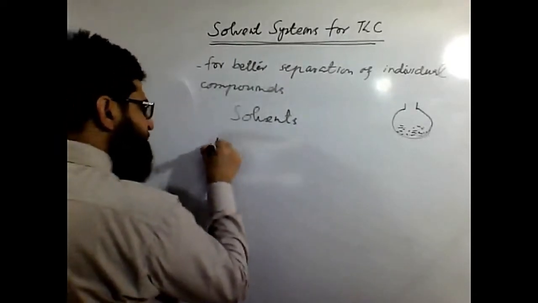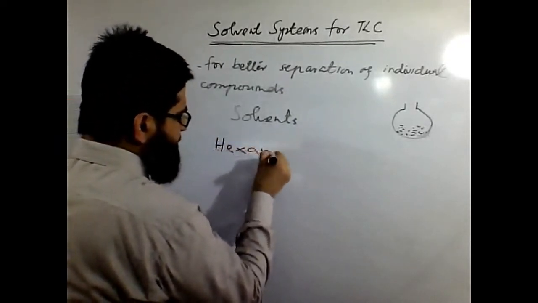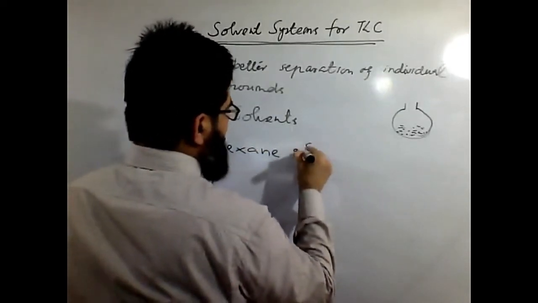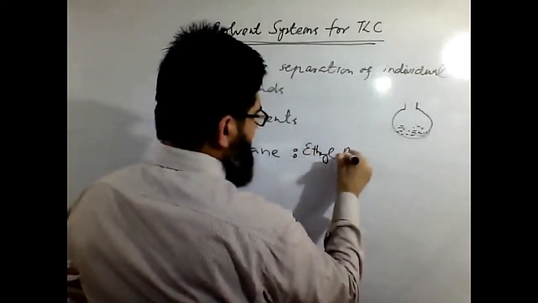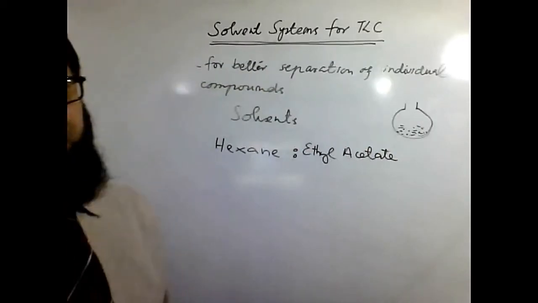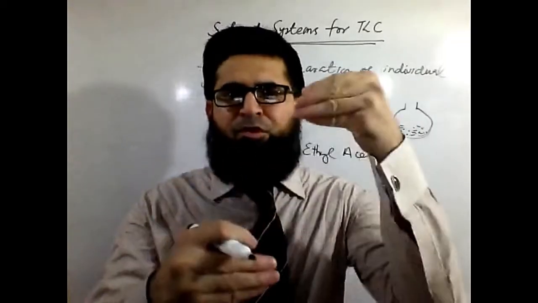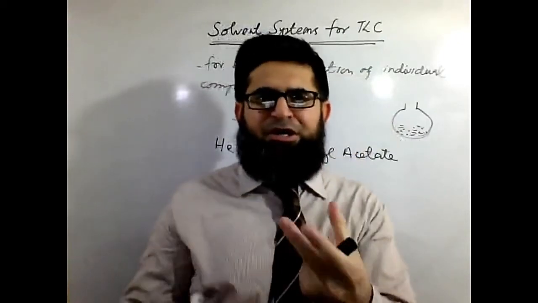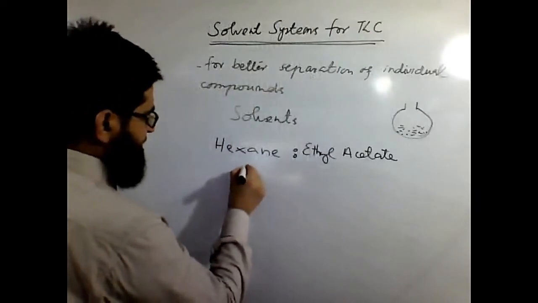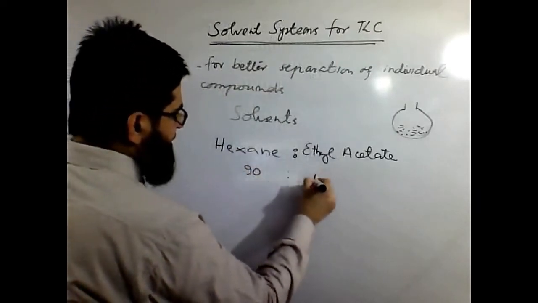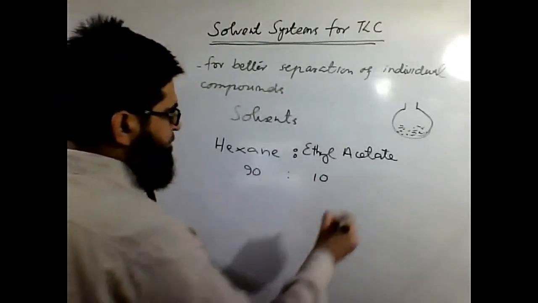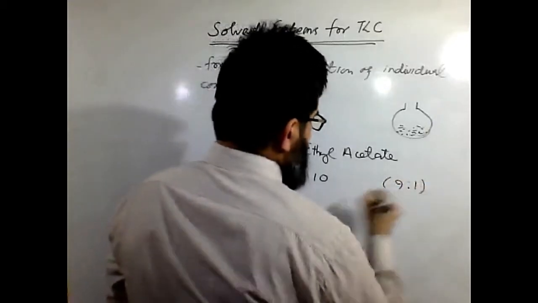Let's say on that day I explained that we use hexane. Along with that we could use something which is a bit more polar, which is a polar solvent as well. We can mix two solvents, polar and non-polar, in different ratios to generate a solvent of a particular polarity. Let's say we have hexane 90% and we introduce ethyl acetate 10%. So we can have a solvent system of 9:1 ratio.